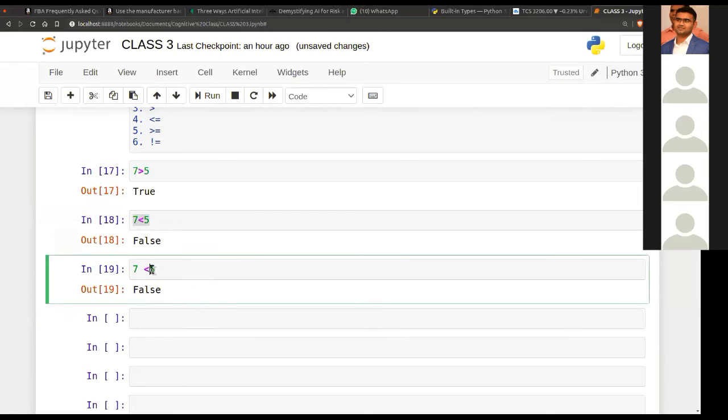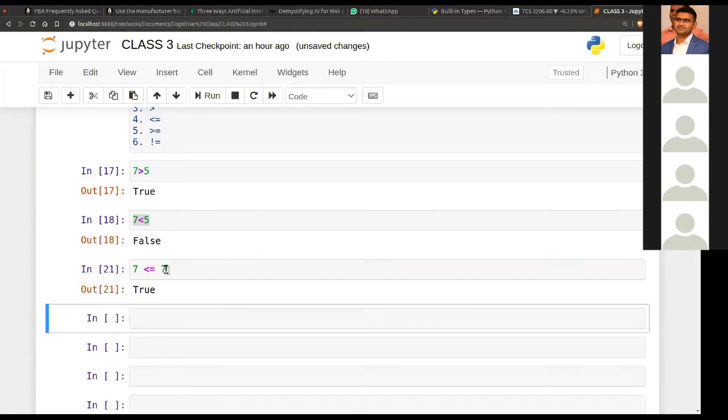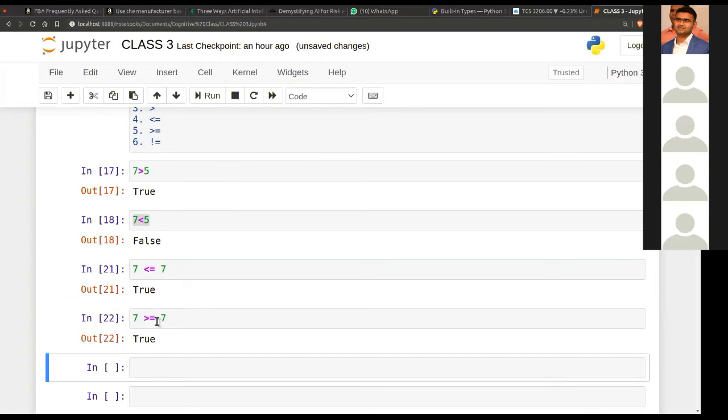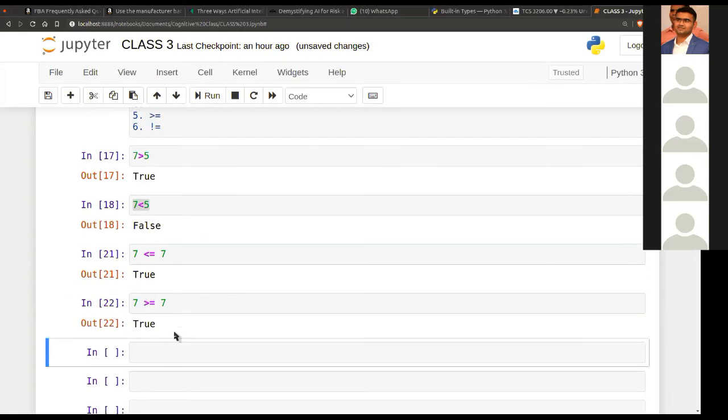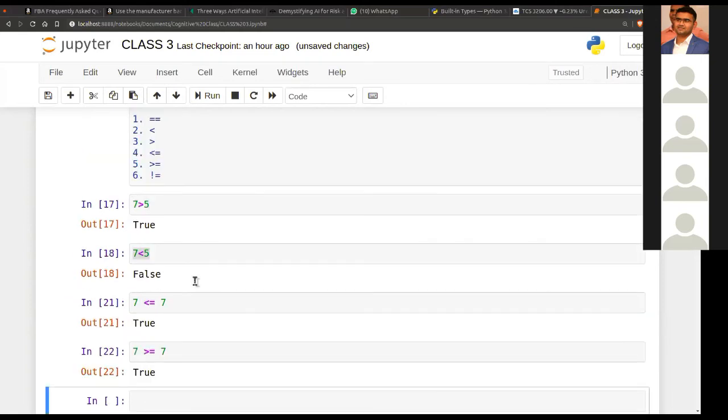We also have a greater than or equal to sign, so it comes out to be true. Similarly, we have the less than or equal to sign. We can leverage all these things while creating our logic. So we will be doing that.